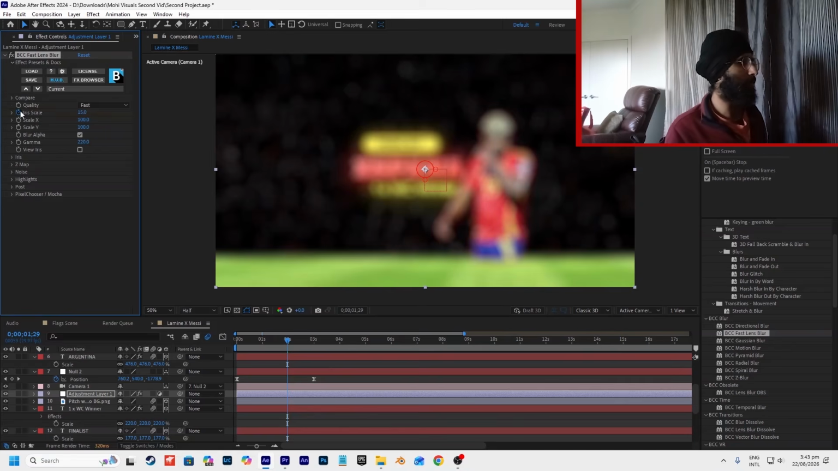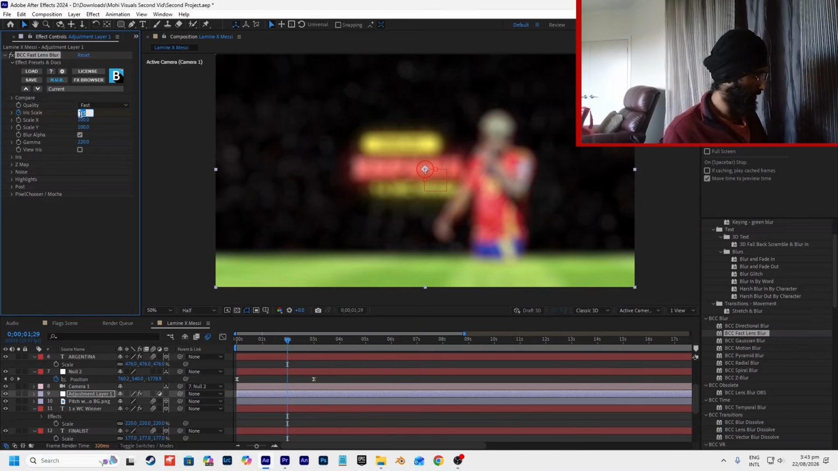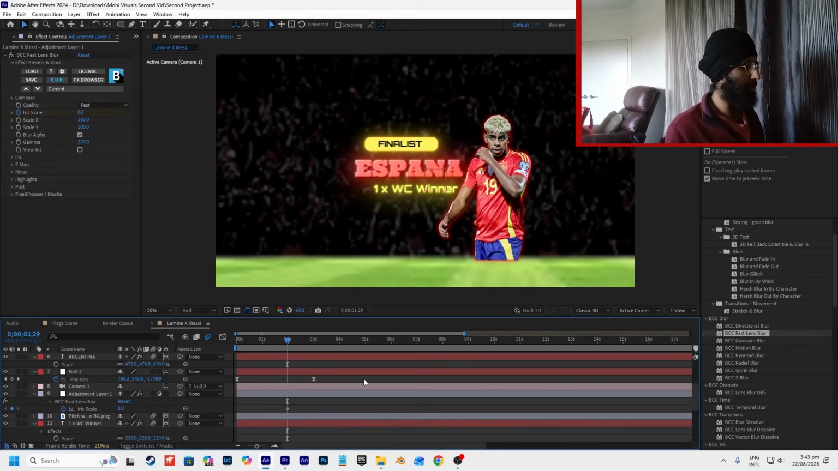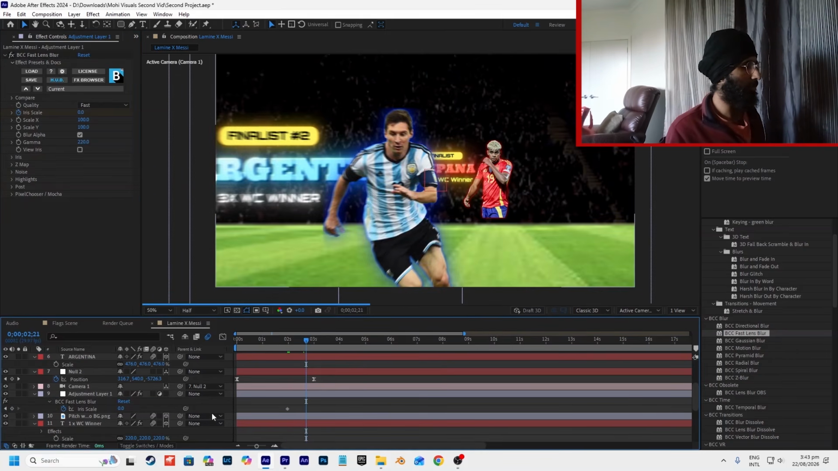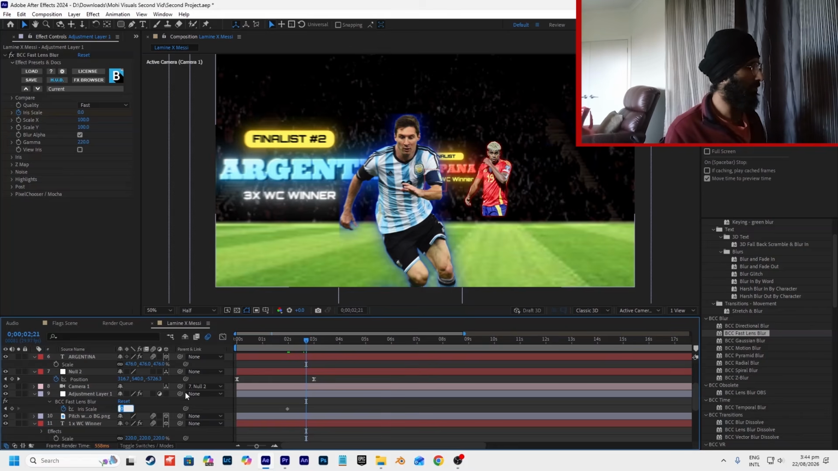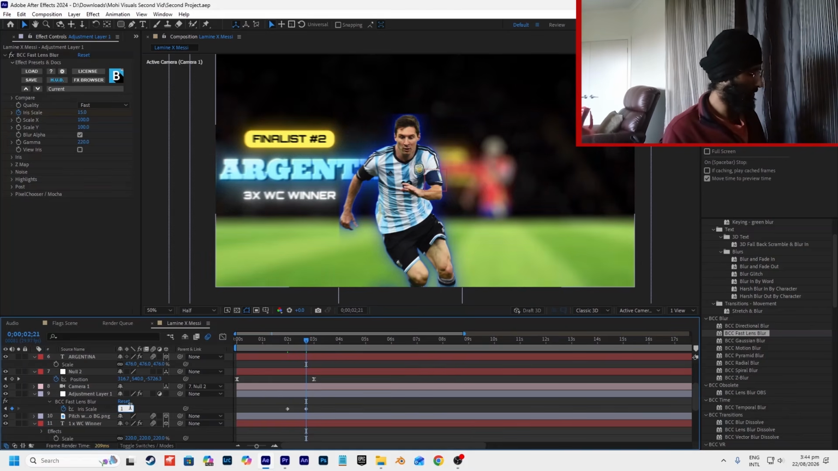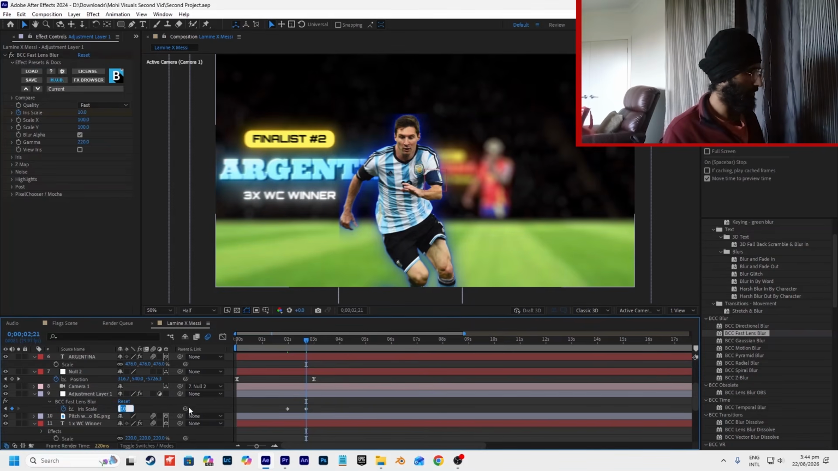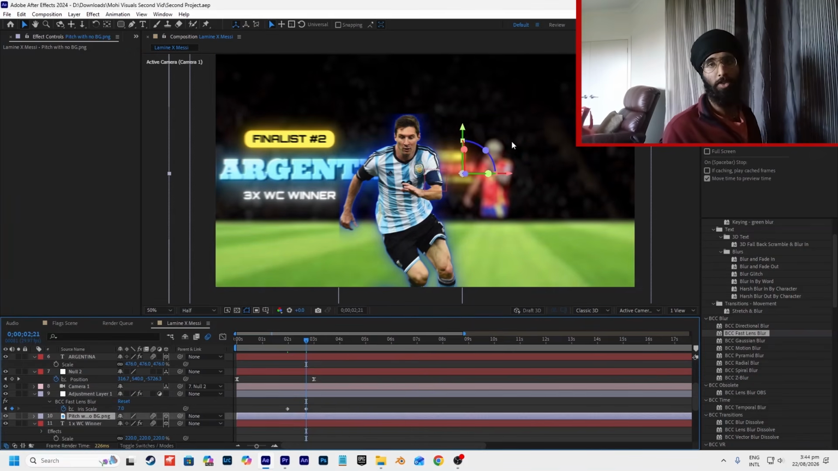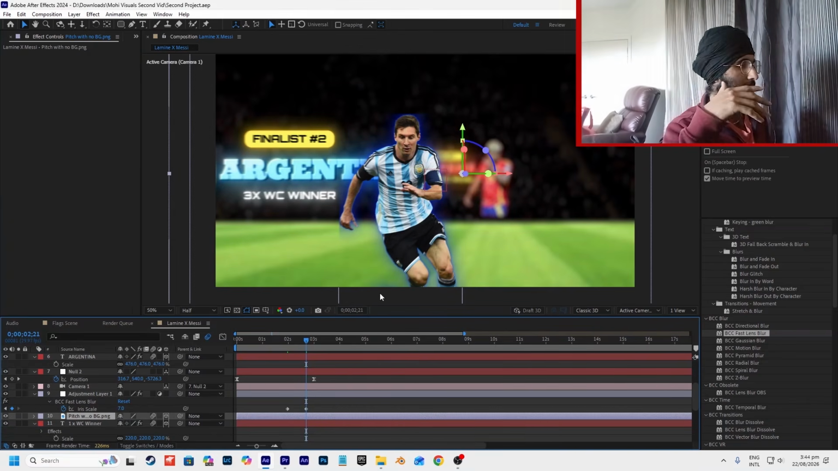And keyframe the iris scale. Start it at 0. Click U to open up the keyframes. And then over here, we want to go with a figure. Maybe something like 7. And that's just blurring out the background other than the Messi, Argentina, and the 2 ticks, because those are